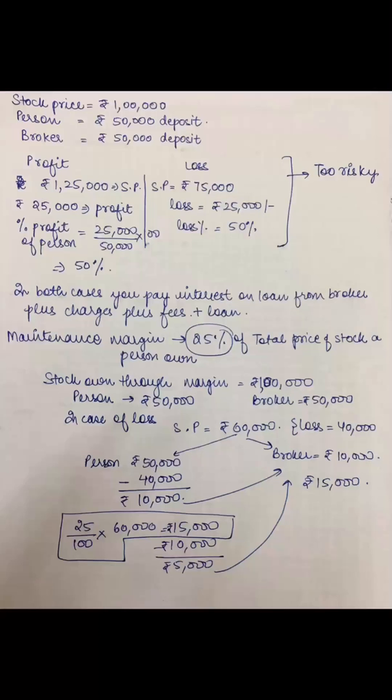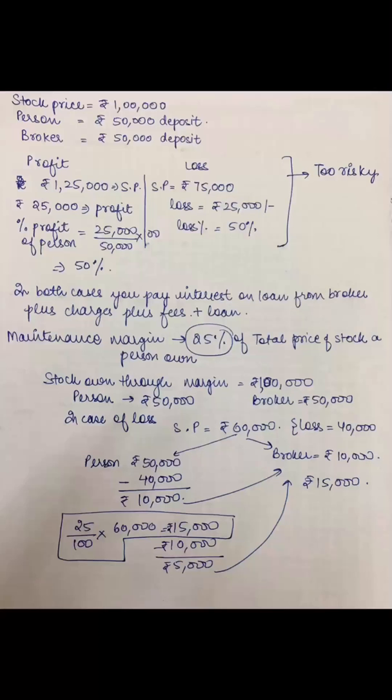In case of loss, suppose the stock price has fallen and is now rupees 75,000. The total amount of loss is rupees 25,000. Out of his pocket, this loss of 25,000 has to be borne, because he deposited 50,000 and he has to bear the loss on his deposit, because the broker's money will not get affected in either case. In both cases, the person has to pay the interest on the loan from the broker,